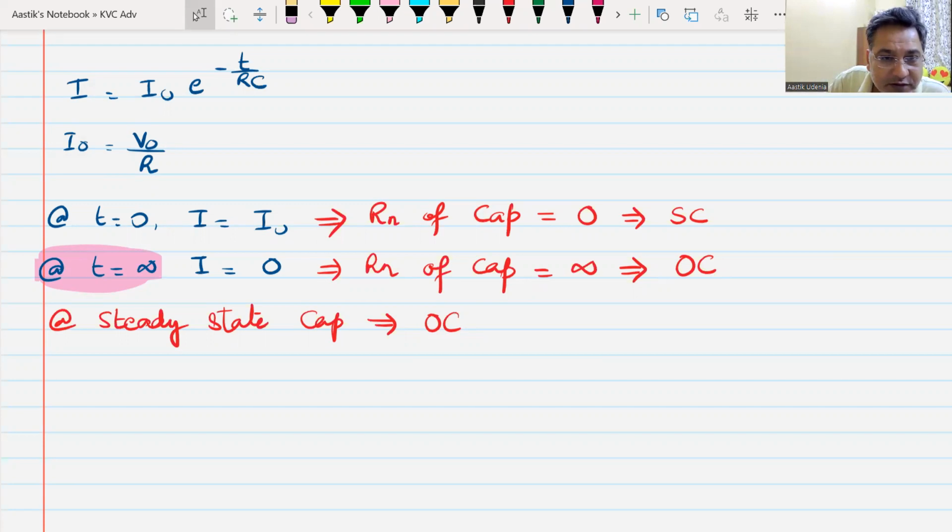We might not be able to find the complete answer, because to find it we must know the e raised to the power terms, or the natural log of something, which might be a bit